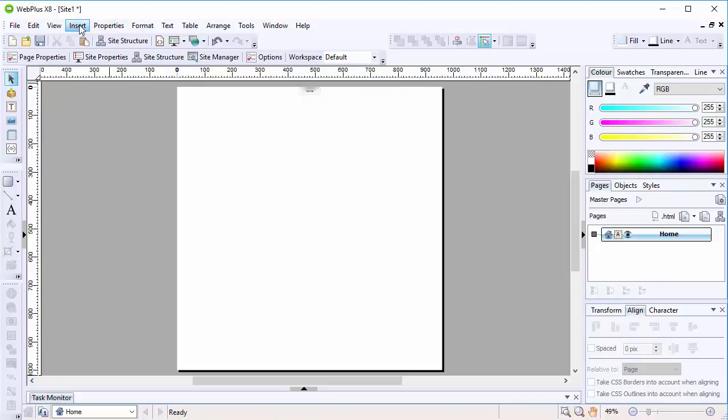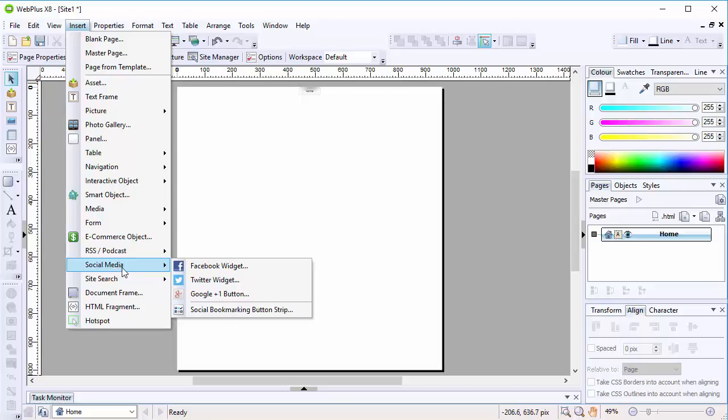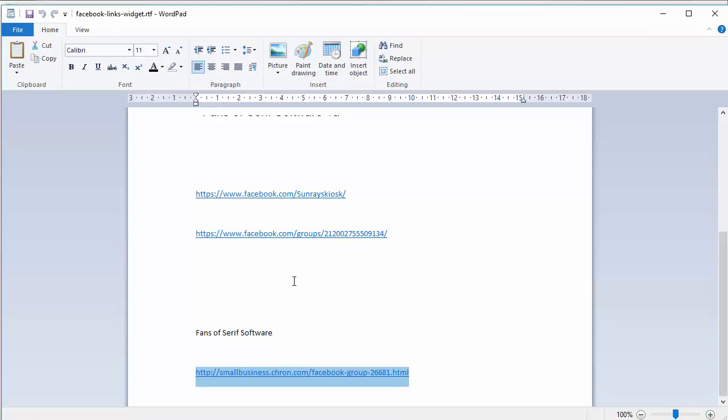Under the insert menu down here, one of the options is social media, and then you've got the Facebook widget, Twitter widget, and then there's a Google button. Now I don't have a Twitter account, so I cannot test whether that works, but I can test the Facebook widget for you. First of all, I need a web address, and I'm going to use this one here. I'll just copy it,